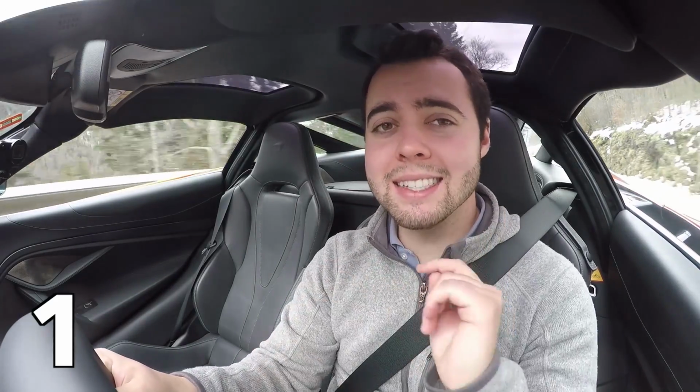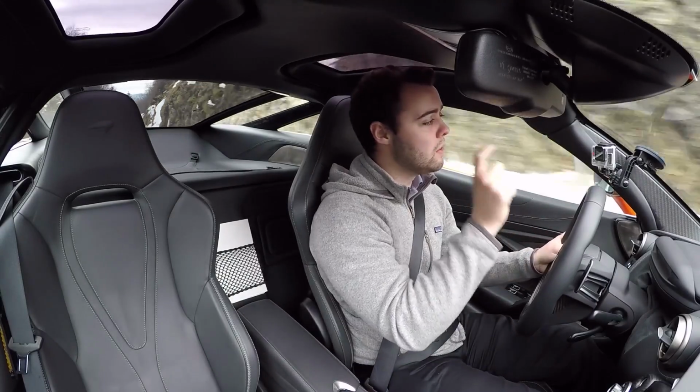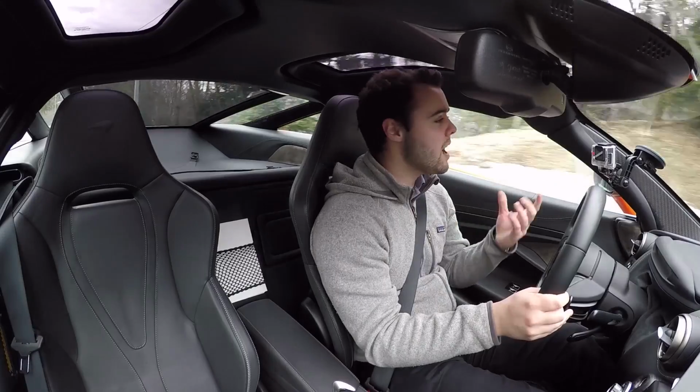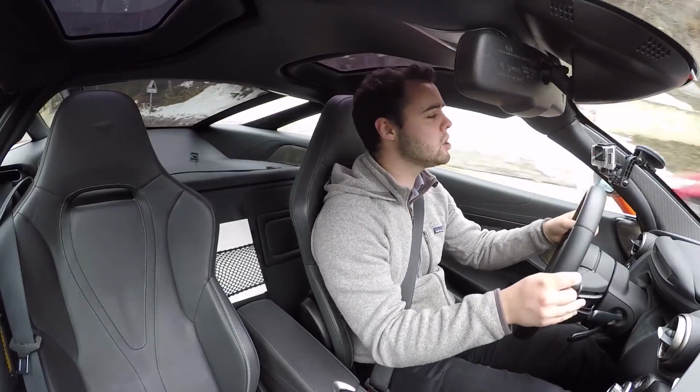So the first insane feature of the 720S is its performance. So behind me, in the previous generation car, the 12C. Now, a lot of people don't know this, but the 12C was technically the predecessor to this. The 650S was more of a mid-cycle refresh. They fixed the front end a bit, made it faster, but it wasn't a truly new car. The 720S is. The motor has been enlarged from 3.8 to 4 liters now, 4-liter twin turbocharged V8, making, get this, 710 horsepower and